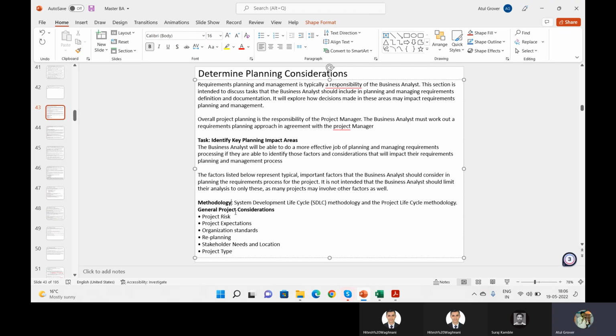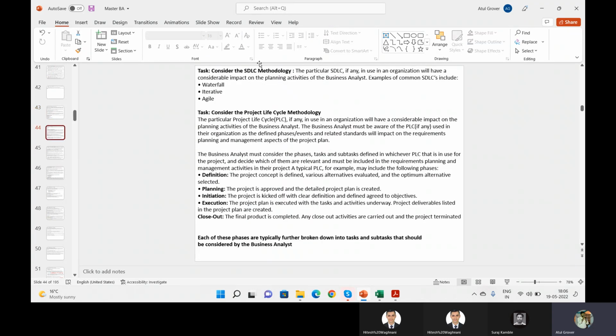Or on the top level, I need to see what the top-level risks from the project side are that need to be considered. I need to consider the same for my work as well. So you can say project risk expectations, automation standard, replanning needs, location, and project type. Basically, these are the basics which we know. But if I talk about the method,